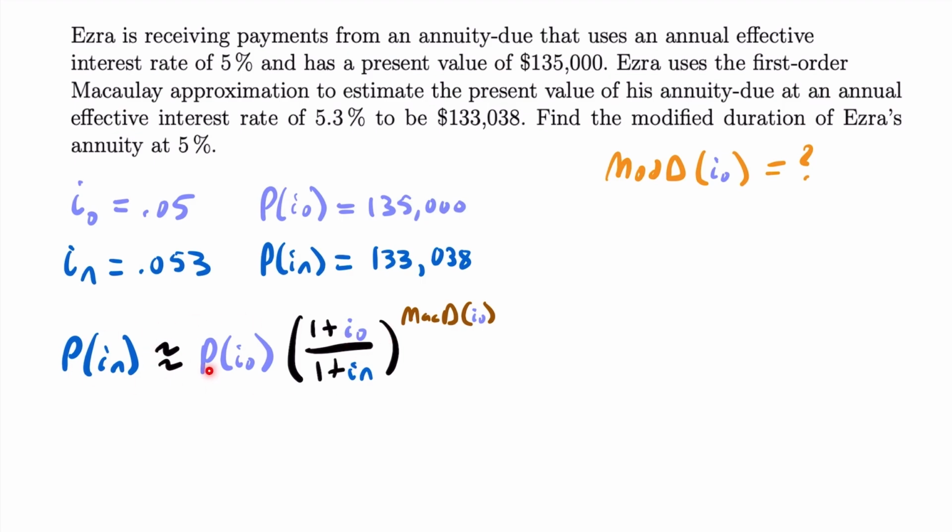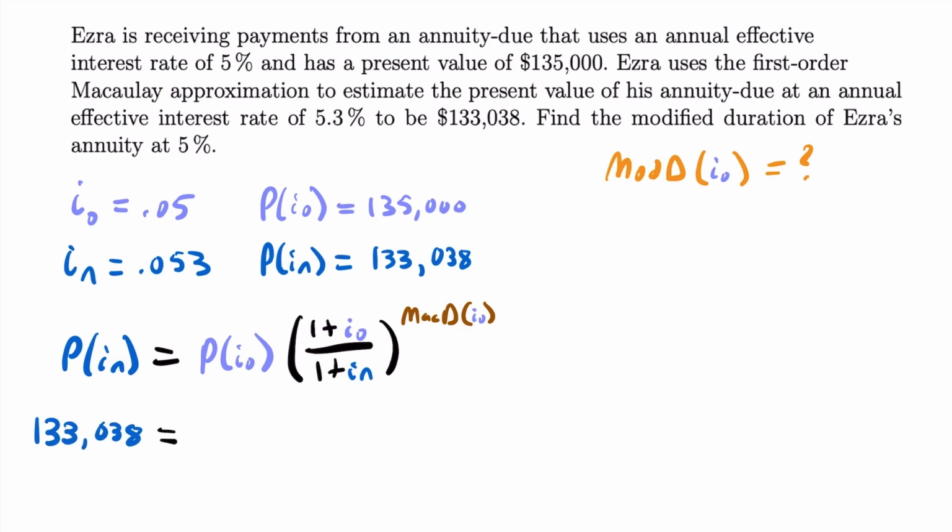Let's fill in this formula with all the values that we know. Before I do that, I should make a slight adjustment here. Since this is an estimated present value and not the actual present value at the new interest rate, we technically don't need these approximation signs because that estimated present value would be equal to this. So this is kind of a weird situation where we can put an equal sign here in this formula. So we're going to have